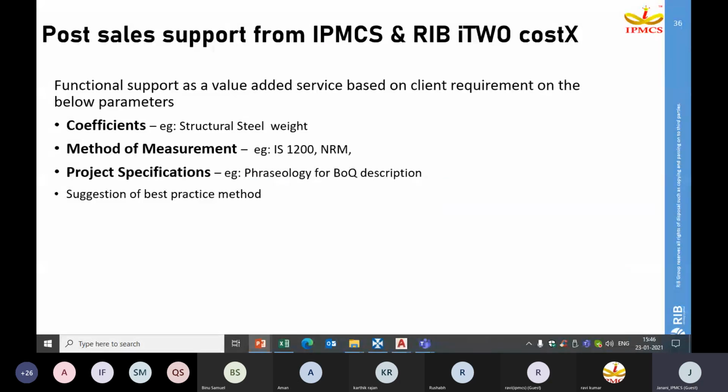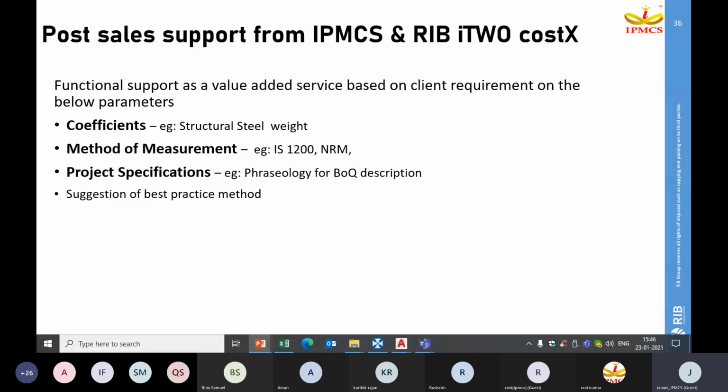We offer post-sales support from IPMCS and RIB i2 Costex. Functional support is a value-added service based on client requirement on the below parameters. The first parameter is project coefficients, which will be helpful for our project calculation.